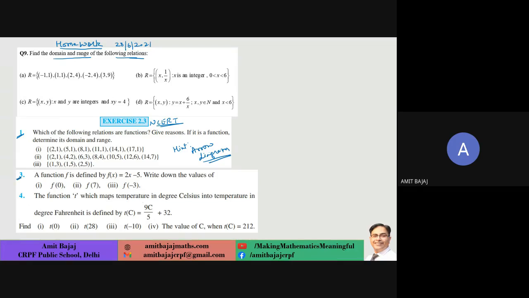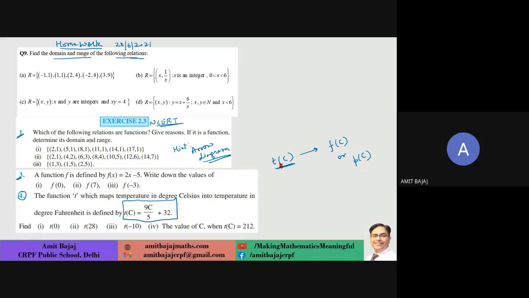Check this out. The third part is very simple. And even the fourth question we have already studied in science, probably in physics in 9th or 10th. The formula for the conversion, say from Celsius to Fahrenheit, is given to you. So T of C is just a notation. Likewise, I can write the function as f of C, or P of C. So this is one notation of the function, and then various parts are asked.